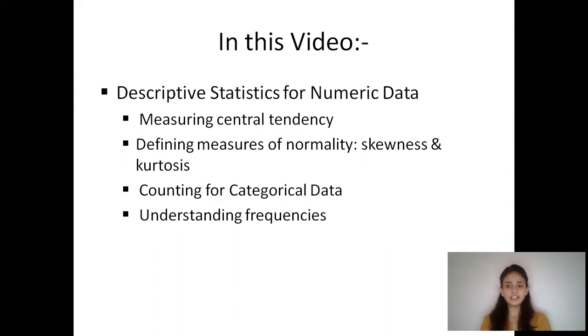We have already seen the concept, but how to implement it with the help of inbuilt functions in Python, that we have to see today. Then next comes defining measures of normality, that is the skewness and kurtosis. Next is counting for the categorical data, and then understanding the frequency. So we have to see all this in terms of inbuilt functions.